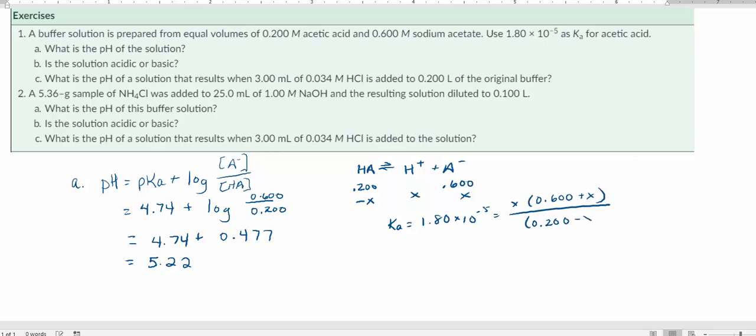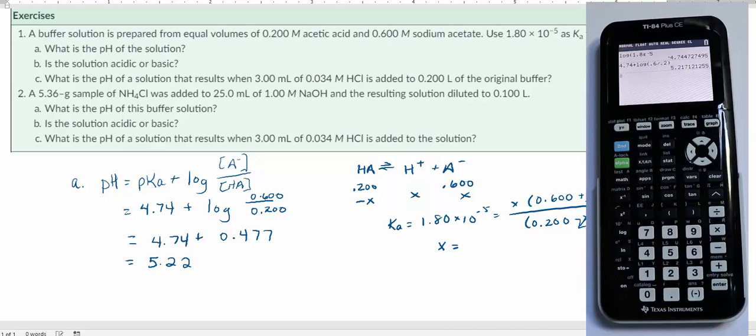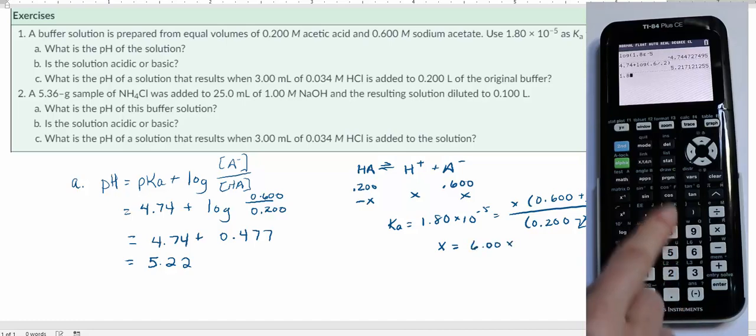We can simplify this because our initial concentrations are more than 1,000 times greater than our Ka. So when we solve this, we get x is 6.00 times 10 to the negative 6, capital M